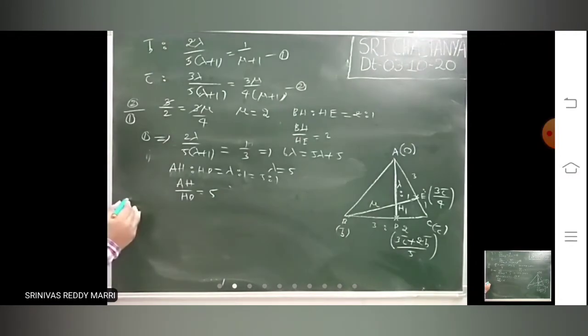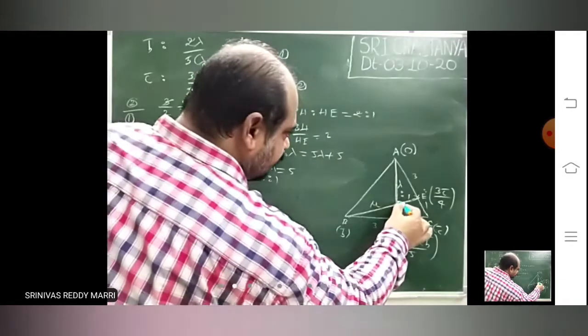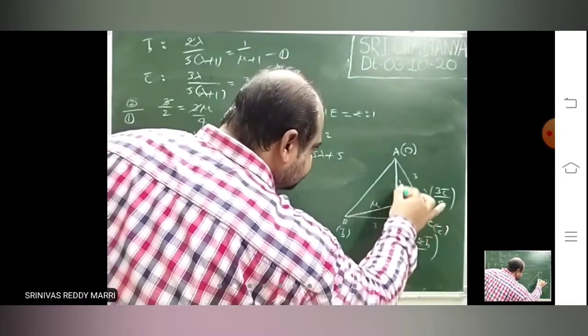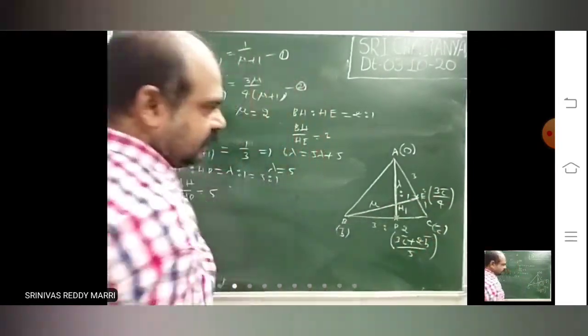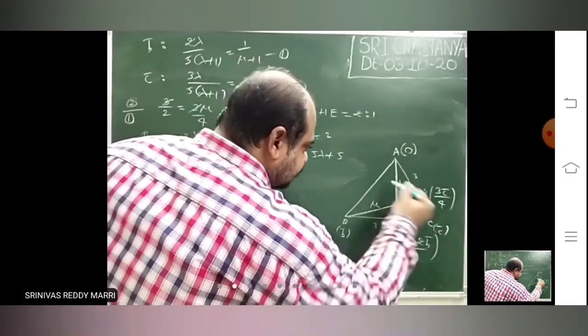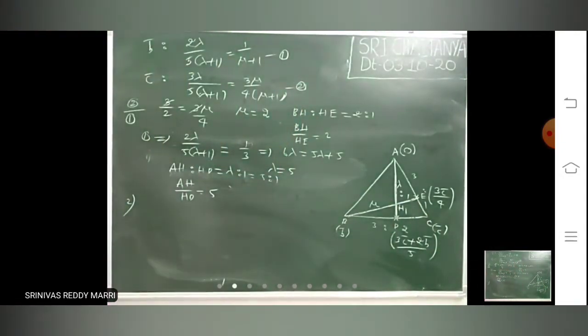Suppose a second question. In this first question these are the ratios. Always he will ask where the intersection point is. AH is to HD, BH is to, both ratios you take such that you can take the position vector and then equate. So right, suppose the second question is asking.